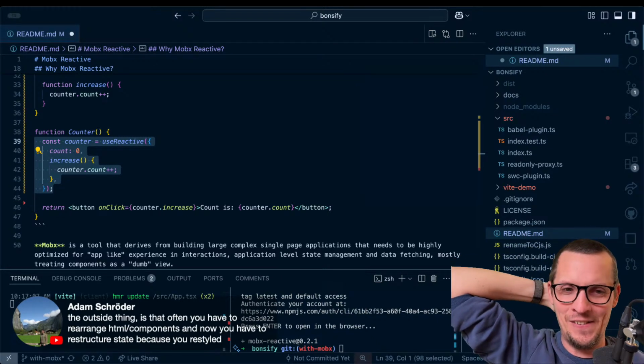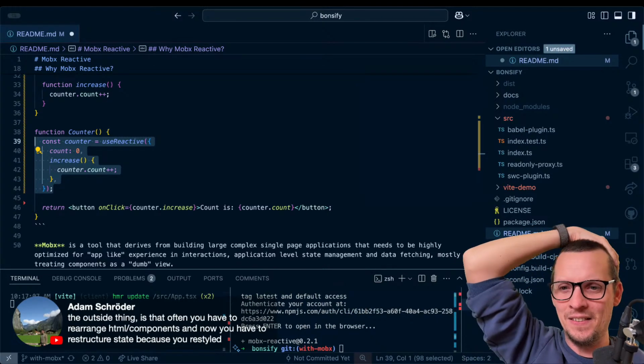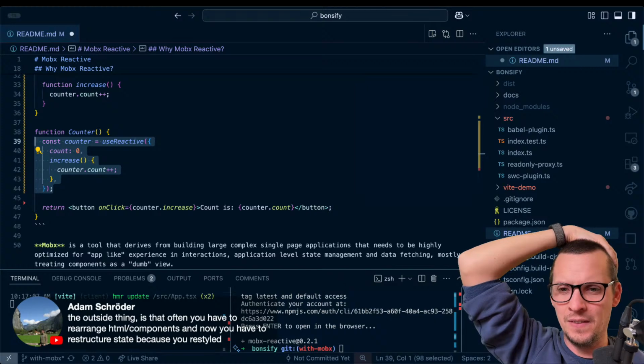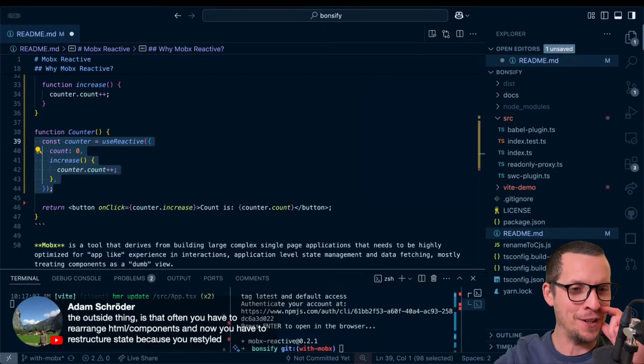Yeah, exactly. That's also a nice way to think about the trade-offs.